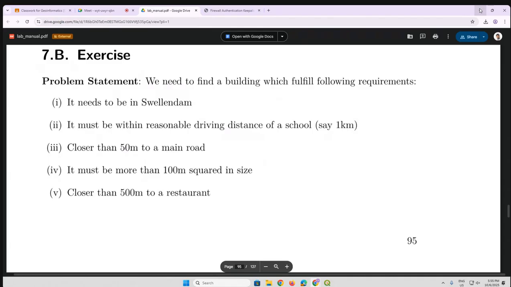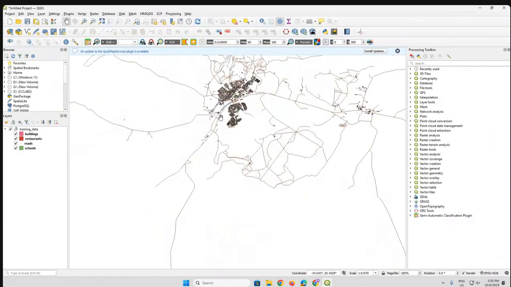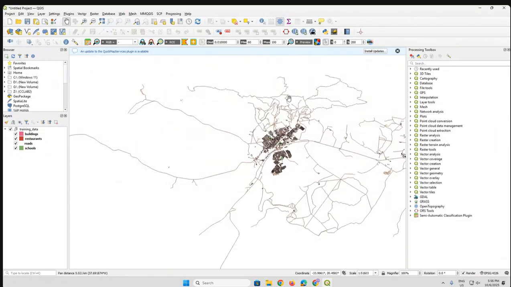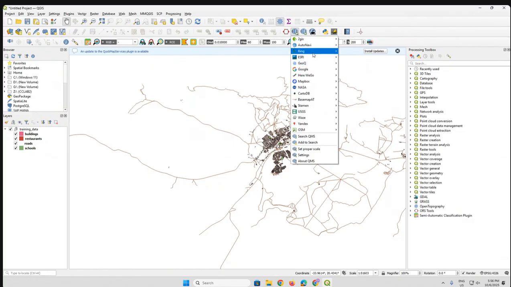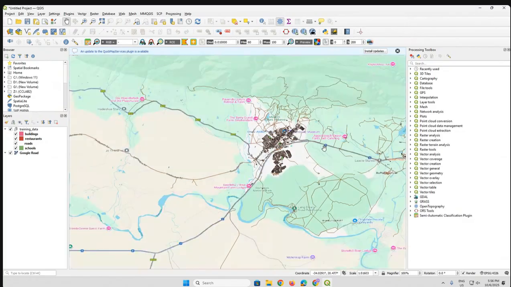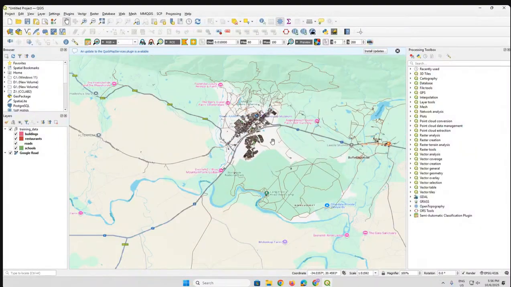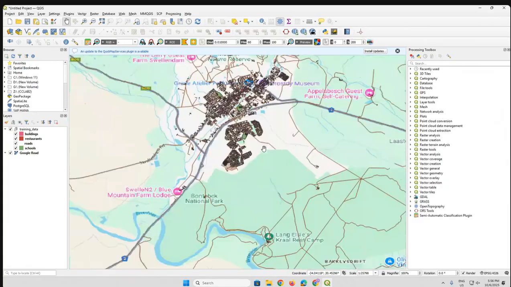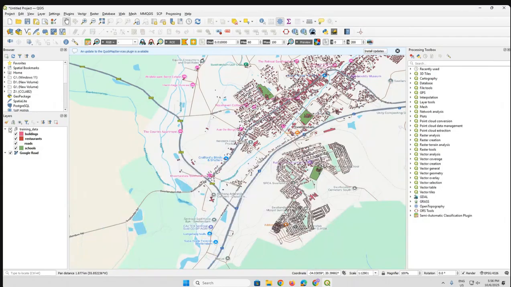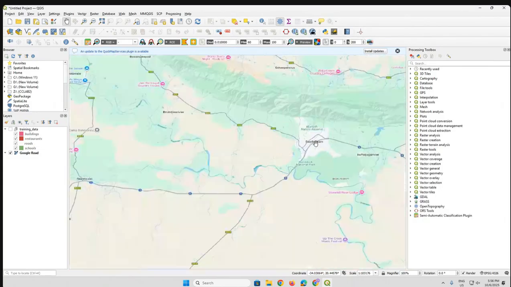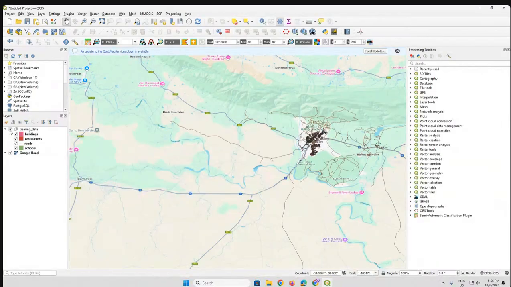Okay, so this is our question, and we will try to solve it one by one. So first of all, this data's particular location is Swellendam. If you want to check, you can simply bring in Google Roads, and you can see the city name somewhere. It will show Swellendam. Okay. Have a look. Yeah, the city is Swellendam itself. We see the first question has been solved like this. Now,